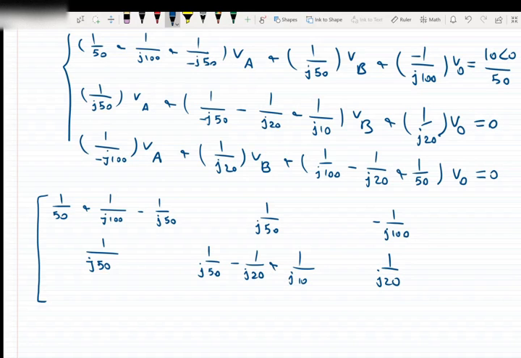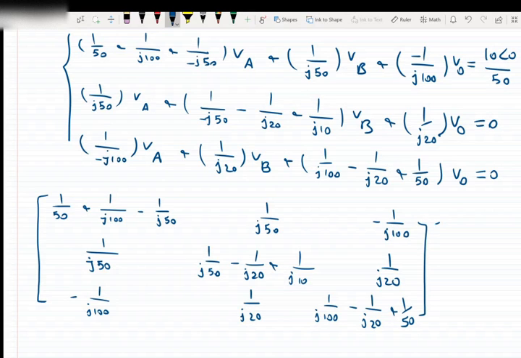Third row is negative 1 over J100, 1 over J20, and finally 1 over J100 minus 1 over J20 plus 1 over 50. So this is the first matrix multiplied by VA, VB, VO